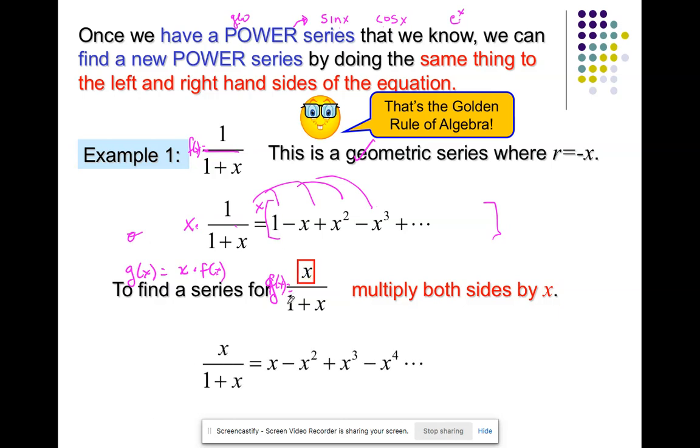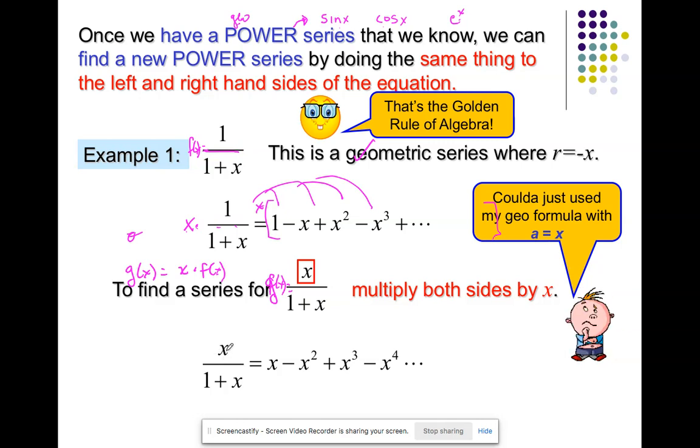So multiply term by term. Multiply x on the left, multiply x on the right. Beautiful. Now, of course, I could have done this anyway, I could have just said a was x and I would have done the same thing. But this idea of manipulating a known power series to create a new one is pretty powerful,